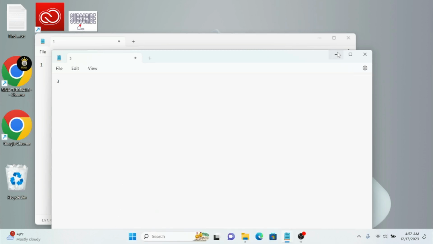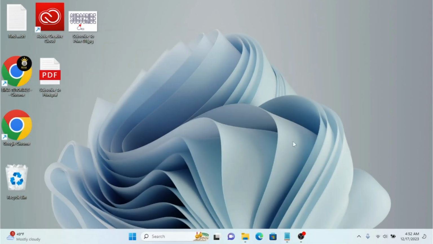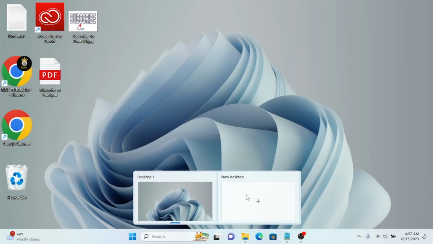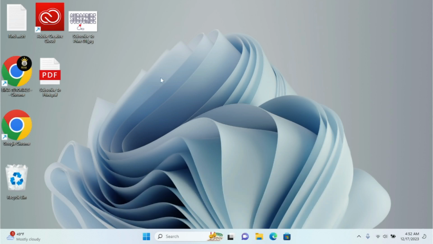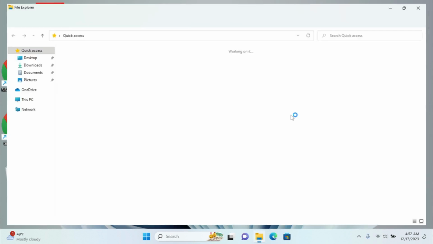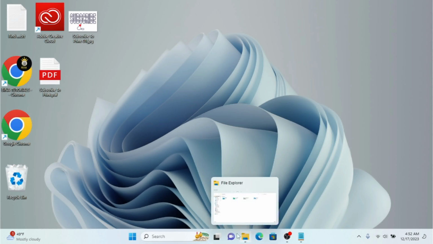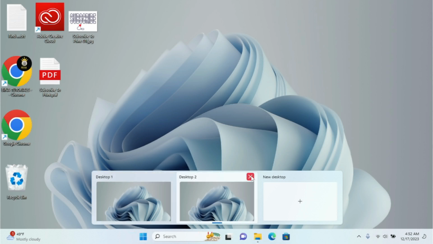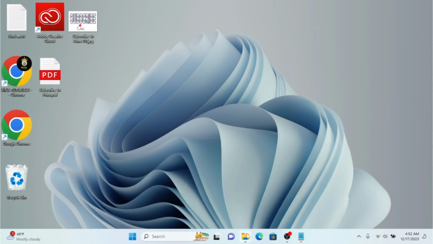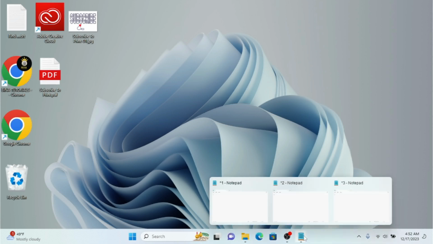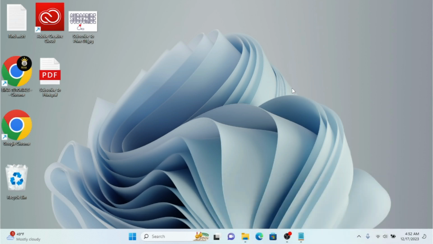So I can open a new desktop with my Windows. If I click New desktop, you can see there's no app on the new desktop. But if I open File Explorer or any other file and go back to my first desktop, you can see nothing shows up until I close this one. If I click on this desktop, you can see the File Explorer or anything else that was open show up on the first desktop, and you're not going to lose anything. I hope you enjoyed this video and that it really helps you with your work with